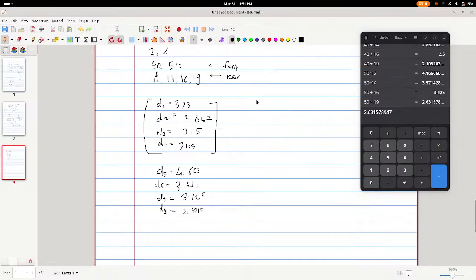So the array will look somewhat like 4.1667, then 3.571, then 3.33, then 3.125,